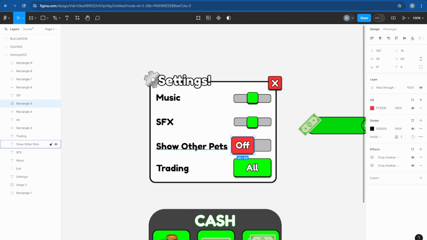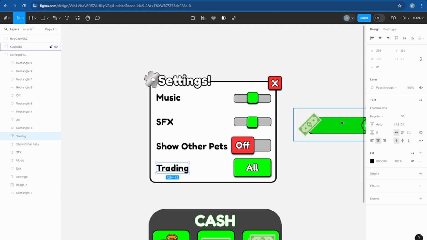You duplicate this right here, you change it to off, or you could actually just duplicate the text from up here, so you can get that. But it's pretty easy to add the outline and change it. So then you just duplicate that right there, and then you change it to off, and you can make it uppercase if you want. I didn't make it uppercase, but yeah. And then you just want to add a tiny stroke so it looks nicer, and bam, now you have show other pets. And then to make the last one, trading, you just duplicate this text again right here,